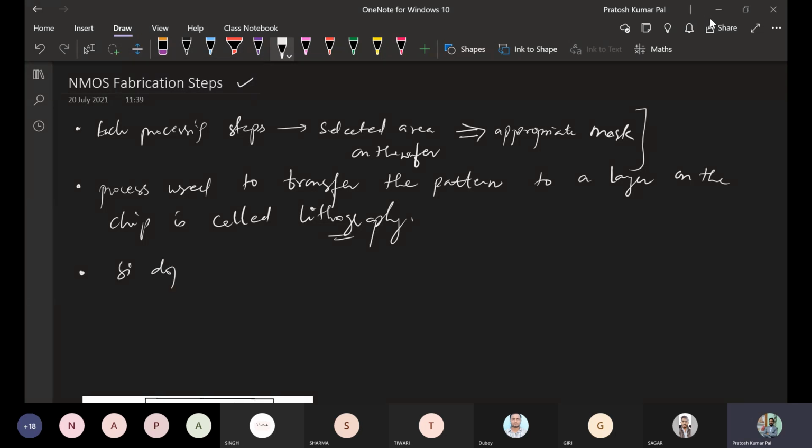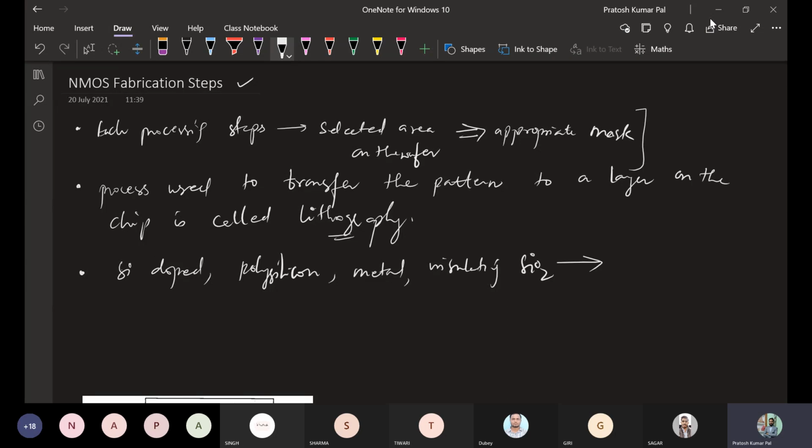Along with that, some polysilicon layers will be growing, and some metal layers will be growing, and some insulating layers like SiO2 layers will be growing. So all these layers are basically transferred with the help of an appropriate mask, and that mask will be used with the help of lithography.